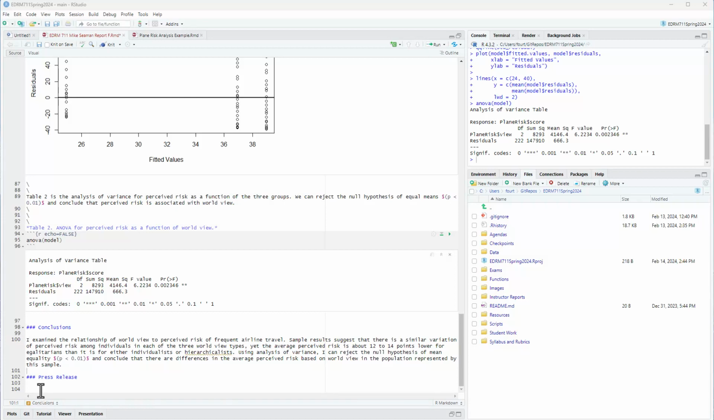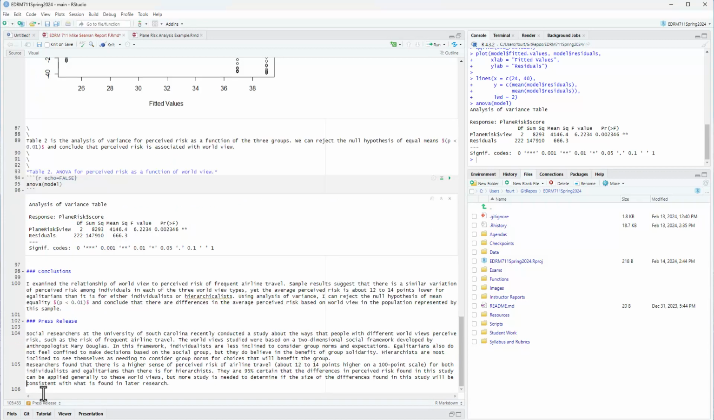Ready for my press release, which again, I'm going to have to correct my one mistake about mixing up hierarchicalists with egalitarians, but here is what I have. Social researchers at the University of South Carolina recently conducted a study about the ways that people with different worldviews perceive risk, such as the risk of frequent airline travel. The worldviews studied were based on a two-dimensional social framework developed by anthropologist Mary Douglas. In this framework, individualists are less inclined to consider group norms and expectations. Egalitarians also do not feel confined to make decisions based on the social group, but they do believe in the benefit of group solidarity. Hierarchicalist,